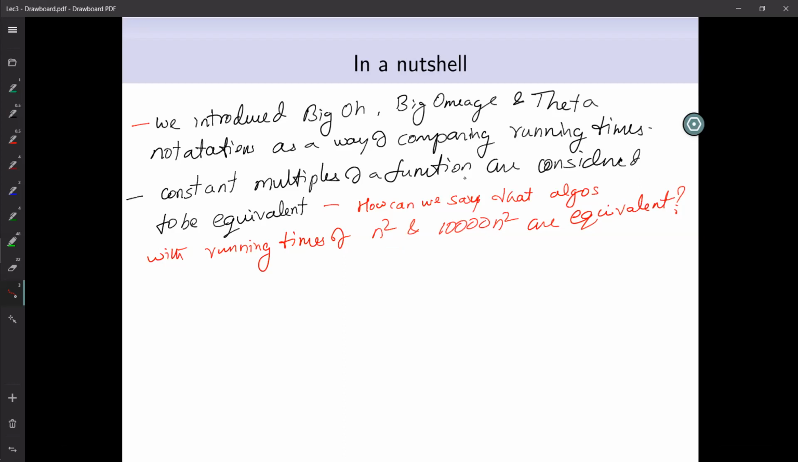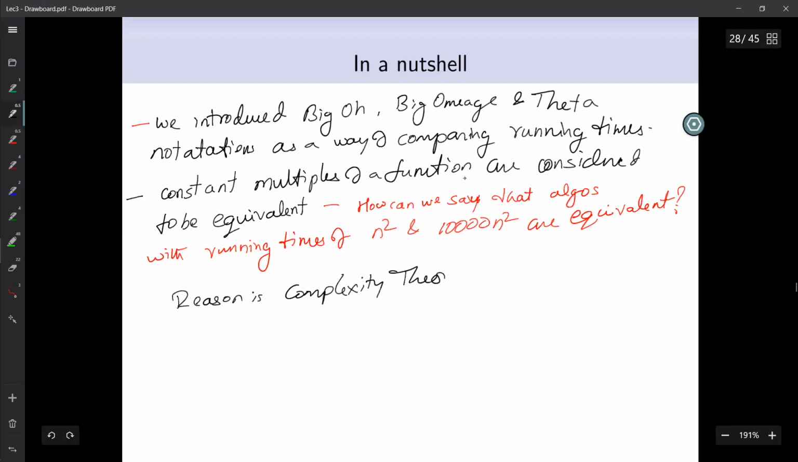So I would like to mention here that this is done more because of the motivation from complexity. In fact, that is the only reason why we define it that way. The ultimate objective is to classify problems with respect to their running time or any other resource requirements,